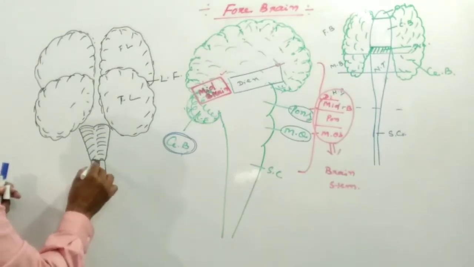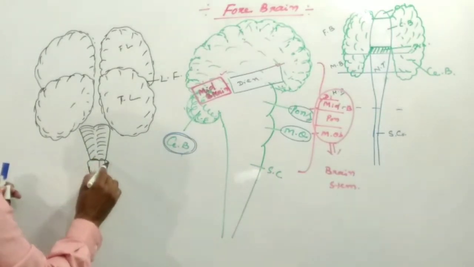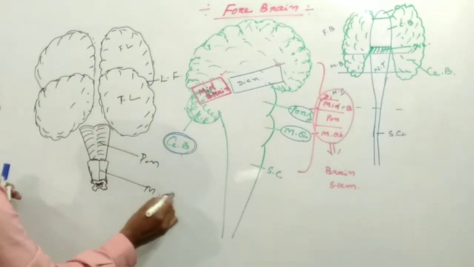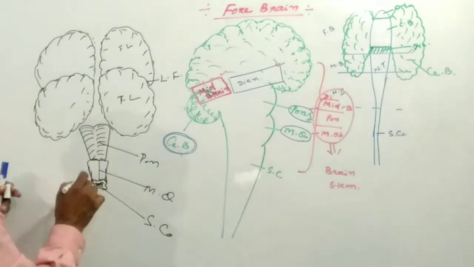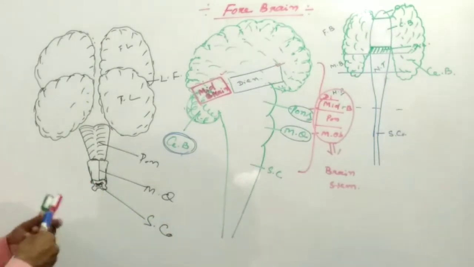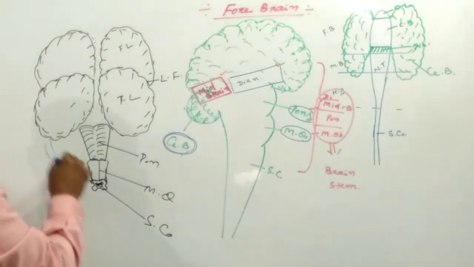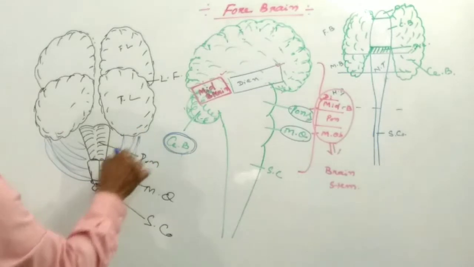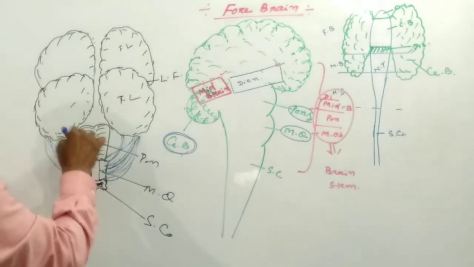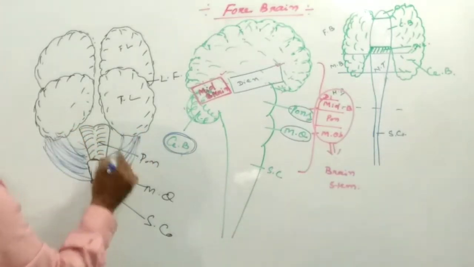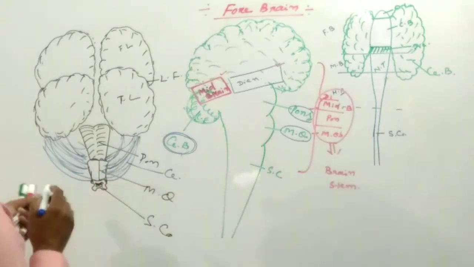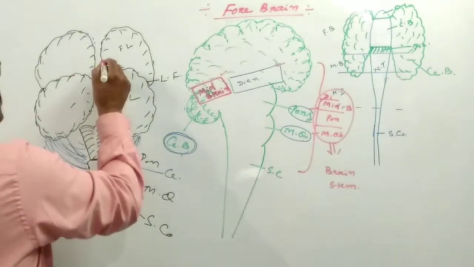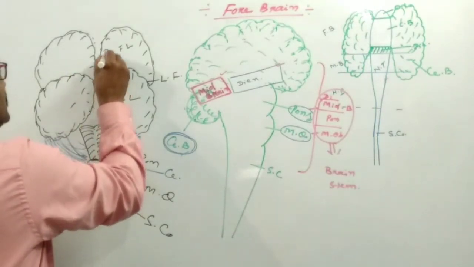And this is the pons varoli, this is the medulla oblongata, this is the spinal cord, and this portion is the cerebellum. And at the ventral side, you can easily observe that there is the